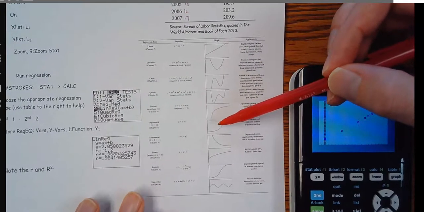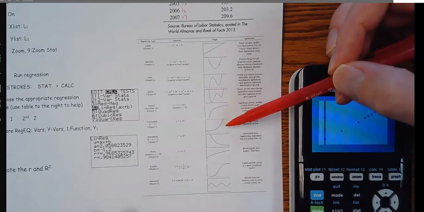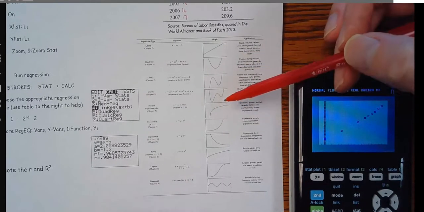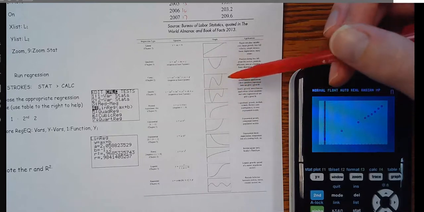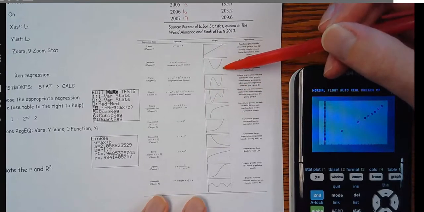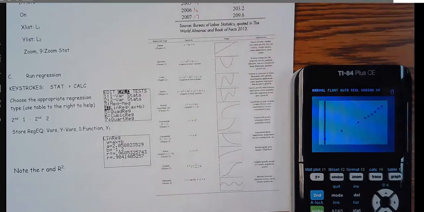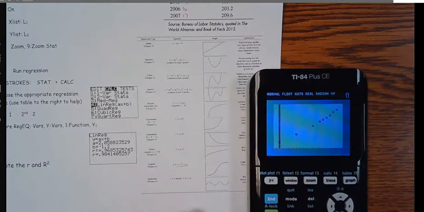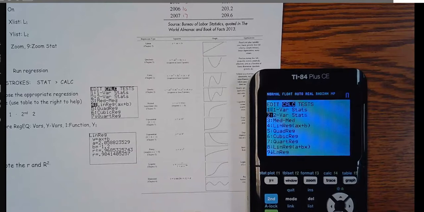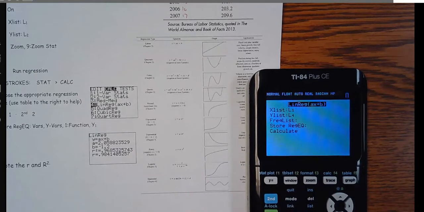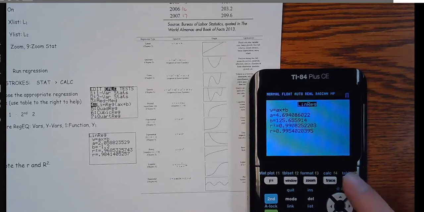The problem is you'd have to take college level statistics to really tell which one is the best one. But we'll stick with quadratic on this one, because when I do linear, that's a pretty good fit to it. In fact, let me do the linear. So we'll do linear, L1, L2, store this. When I go graph this guy,